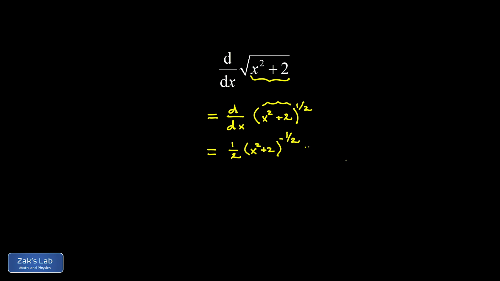That's the power rule. Now the chain rule says we have to tack on the derivative of the interior function, and that's a 2x. Our 2's are going to cancel here, and we can clean things up a little. We can rewrite the x squared plus 2 to the negative 1/2 as a 1 over square root x squared plus 2. So we end up with an x over square root x squared plus 2, and we're done with